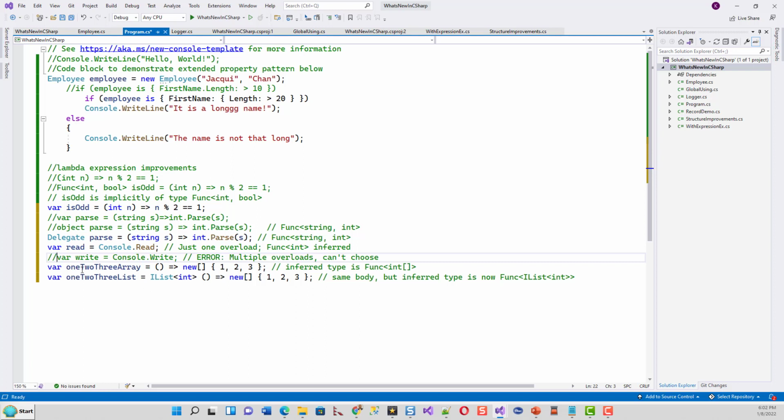okay, so here these two are variables, 1, 2, 3 array. This is a new array of integer. The inferred type is Func of int array, a new array with these elements 1, 2, 3. But if I assign another variable, var 1, 2, 3 list, as IList of int, with the same definition, a new array with the same elements 1, 2, 3, it has the same body. Basically these two, this one and this one, have the same body, but the inferred type in this case is Func of IList of int. This could be necessary sometimes,